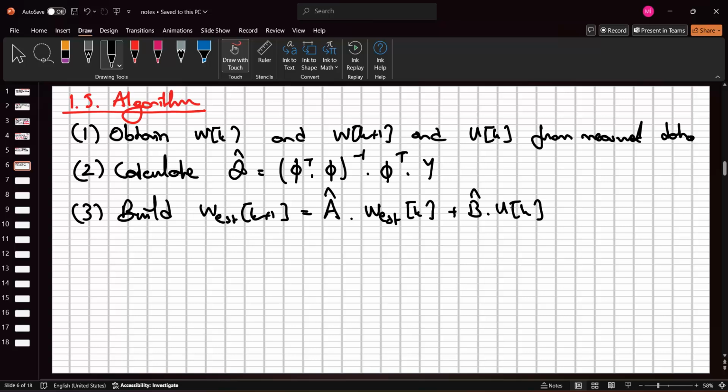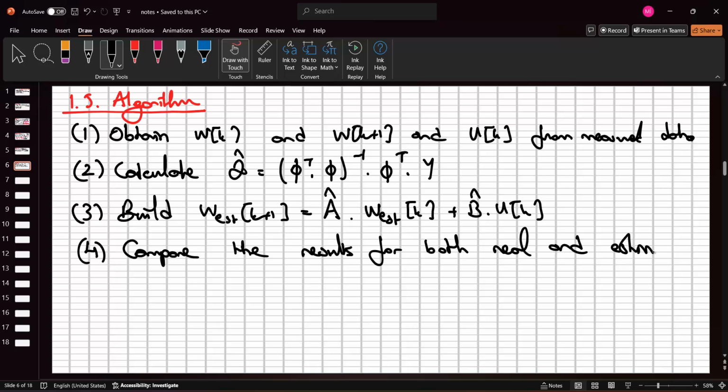Okay, so after that, compare the results for both real and estimated values. Okay, if our model is correct, then we will have our estimated model to be built in MATLAB or the real time or the physical parameters of these terms. Okay,